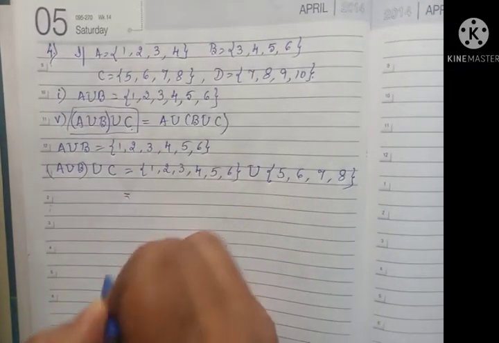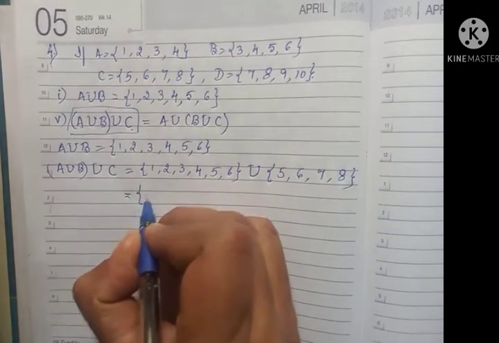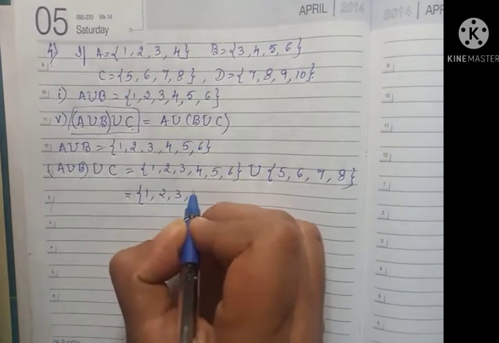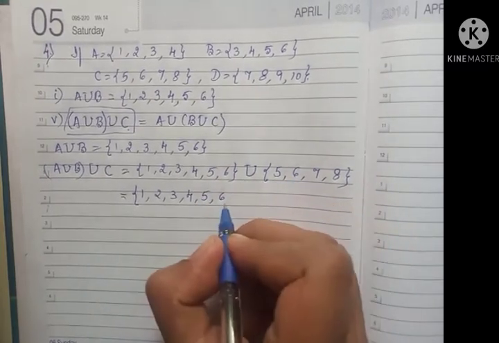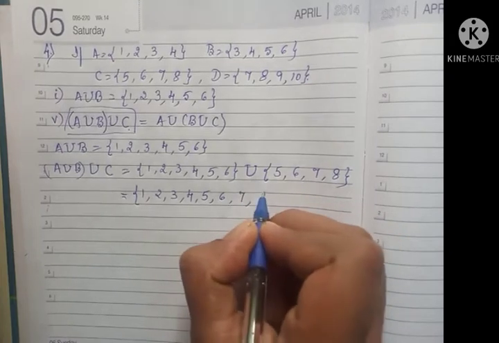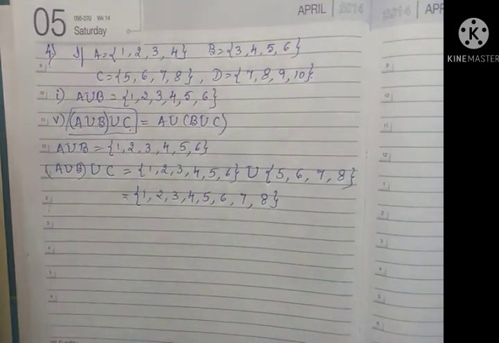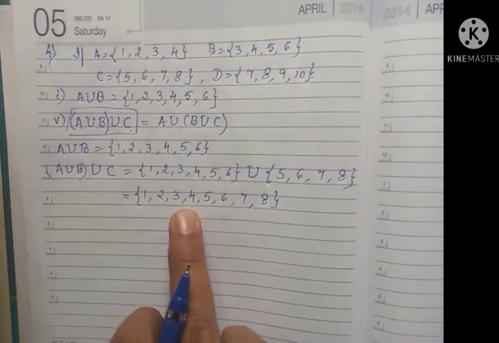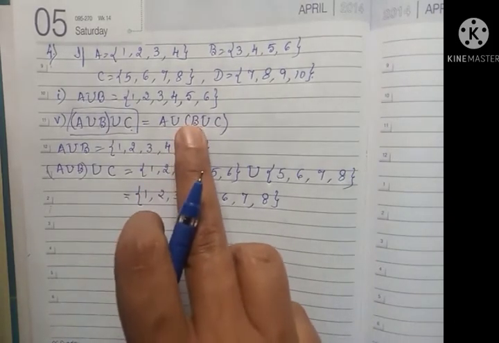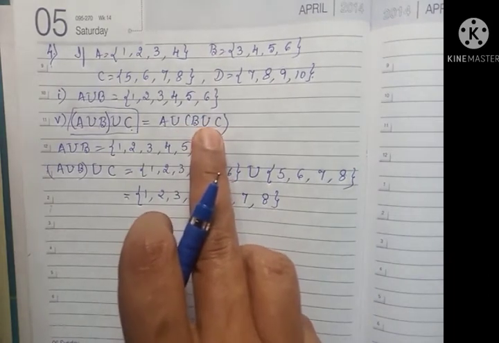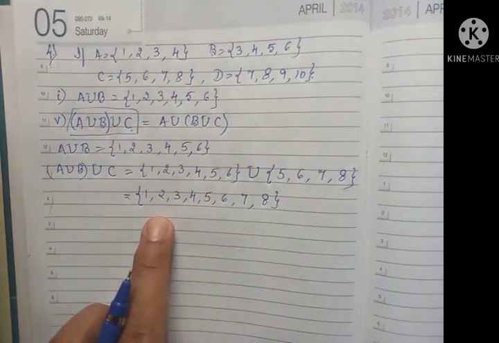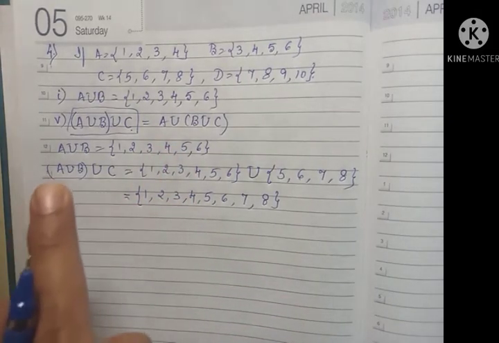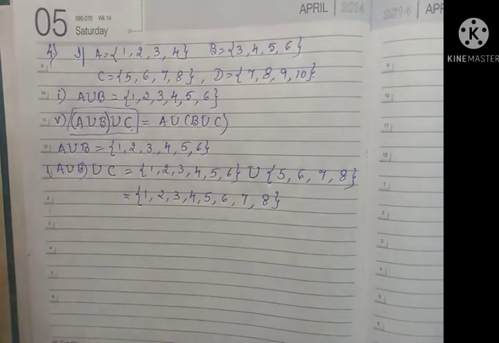So this is... what is the union of these? So first we write all the elements of the first set. Then 5 already written. 6 is there. I can write 7 and 8. This is A union B union C. So the same answer for this. If you find out B union C, then take union with A, you will get the same set. Okay. So I have done 2, remaining left to you. Try this. Next one.